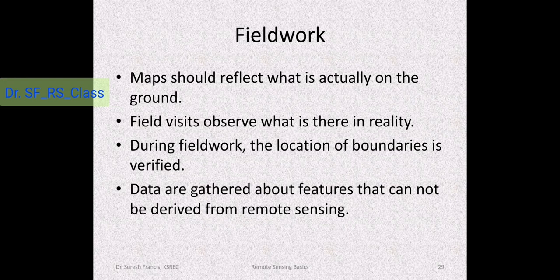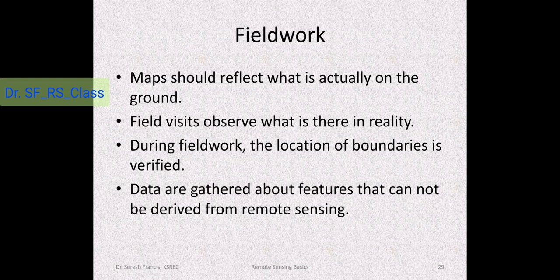And field work or ground truthing is an important part of satellite data interpretation and thematic map preparation. So, since we are representing the Earth's surface in the maps, we will have to have cross-checking or ground truthing in the field to verify whether the interpreted object is the same that is found on the ground. So, field visits at minimum locations are needed so that we can extrapolate it to other parts of the image, and in this field work, location of boundaries is verified, objects are verified,